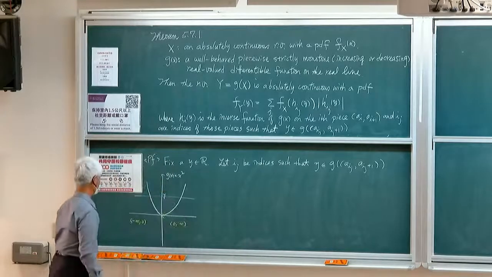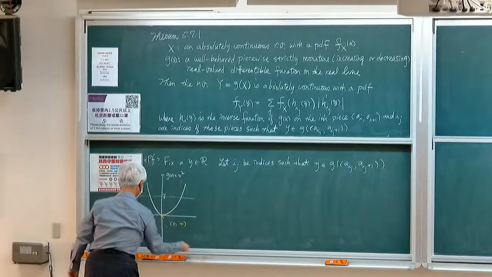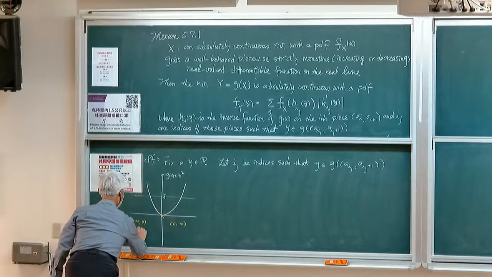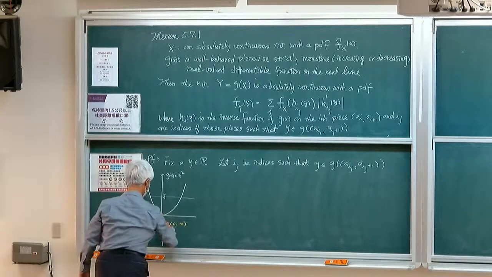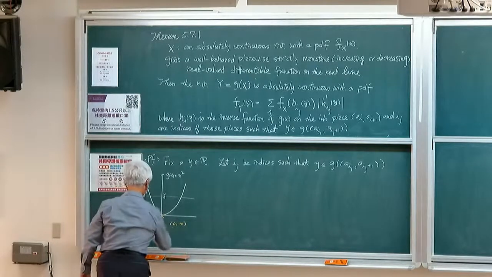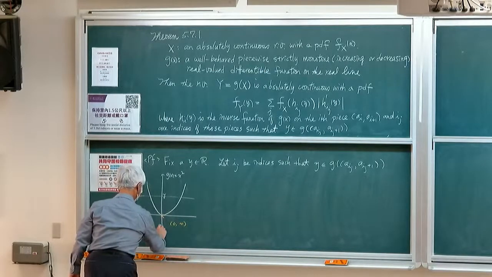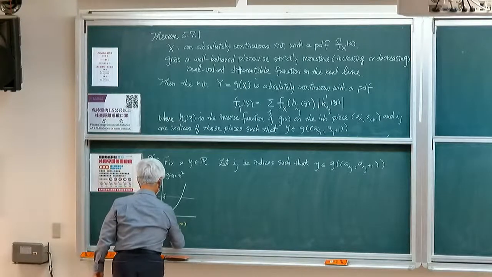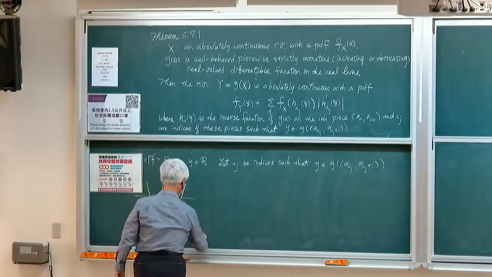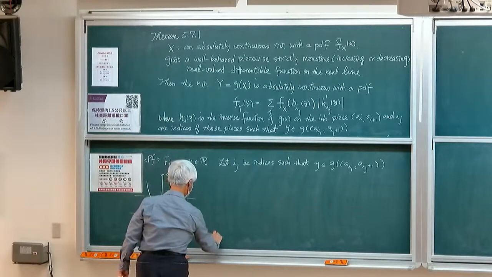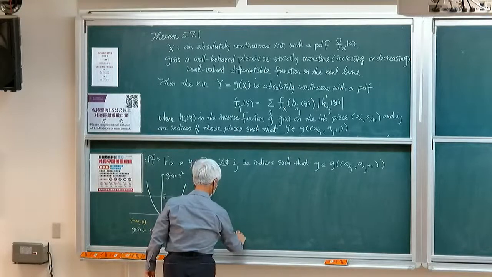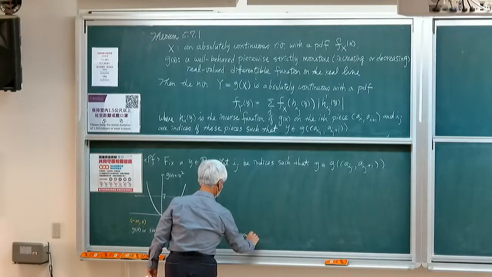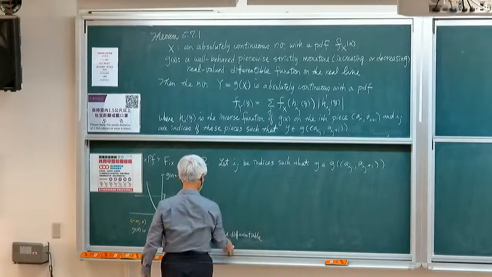And you can see that g of x is strictly monotone decreasing and differentiable